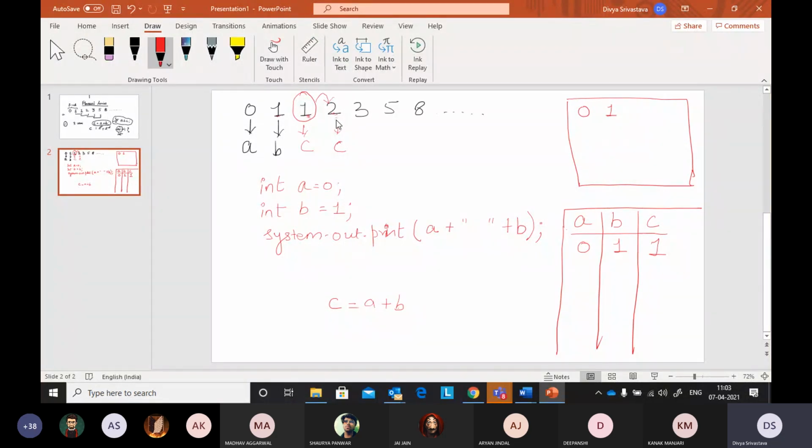So now what should be my A now? 1. 1. तो it means कि let us override this B as A and this C as B. तो अब क्या हो गया, A 1 हो गया, B क्या हो गया, 1 हो गया, एंड अगेन 1 + 1 2 हो गया, विच इज अगेन इन C. तो क्या हुआ कि अगर अब मैं C इज इक्वल टू A + B यूज करूं तो I am getting a common logic, but what I need to modify is my A and B.